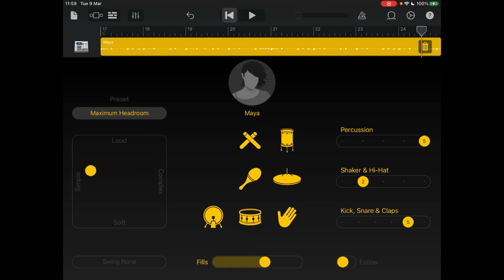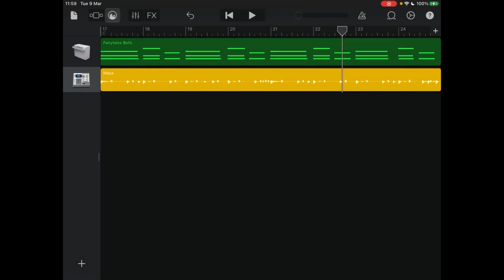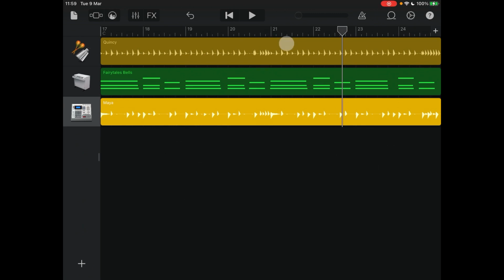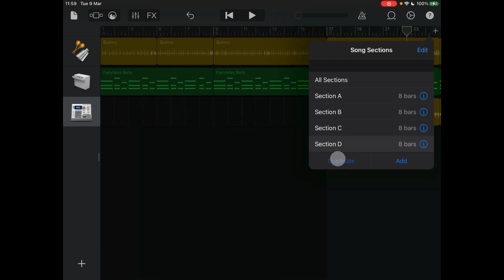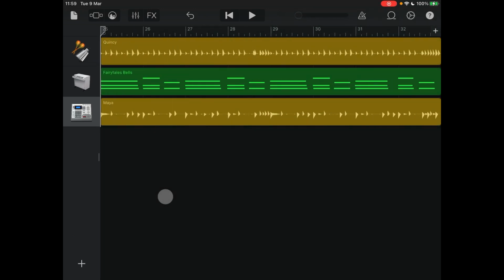So take some stuff out. Yeah, I'm happy with that. And like I said, you could do exactly the same thing. You could start to split stuff like this, and then I'm going to duplicate section C, and let's add some